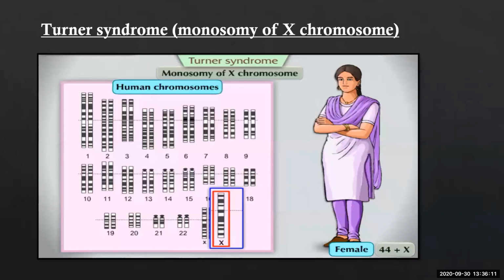Now we will see the Turner syndrome. In Turner syndrome, it is a monosomy of X chromosome, which arises due to either inheritance of only one X chromosome from parents or due to inactivation of the gender related part of X chromosomes. Now, as we know that female is having two X chromosomes, out of that one X chromosome is not active.